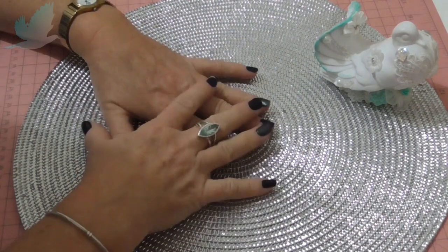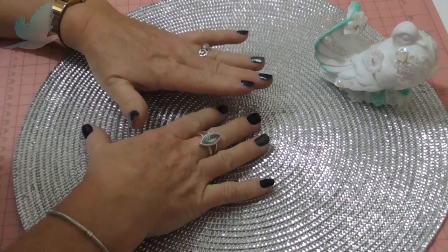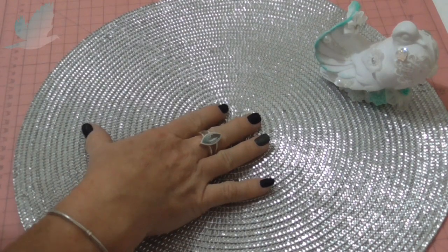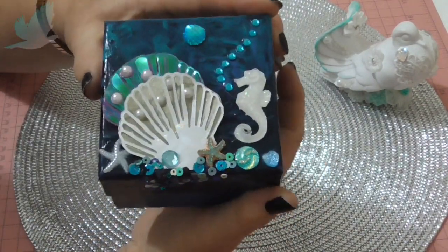Hi everyone, I'm back. It's been a little bit over 24 hours. I have almost finished. I've got one little thing to do. I'll show you which box that is on. But I'd like to show you all the 4 boxes that I've done. So this is the